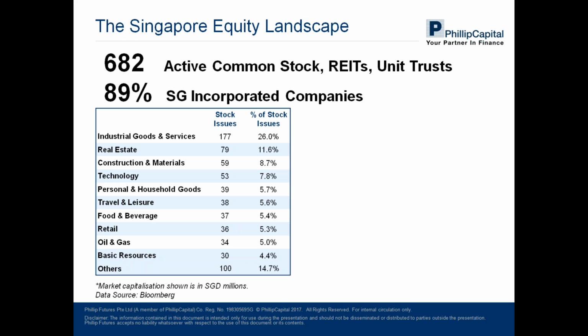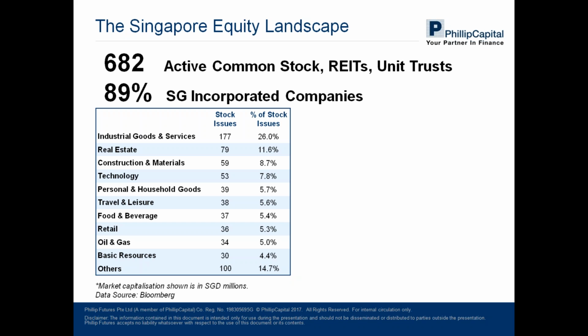In terms of the number of stock issues, industrial goods and services dominate, followed by real estate, construction, technology, and so forth. But this can be a misleading number because we can have many stock issues, but another